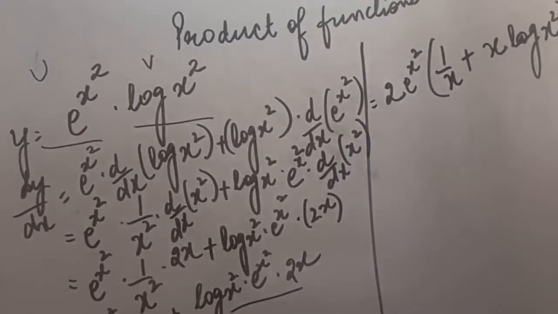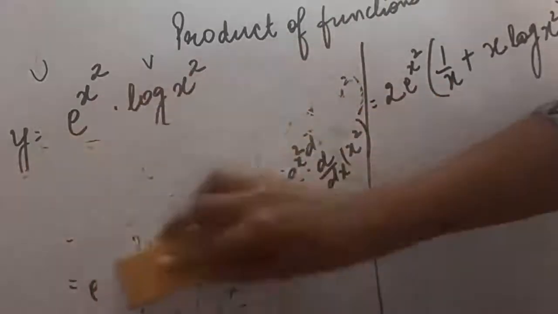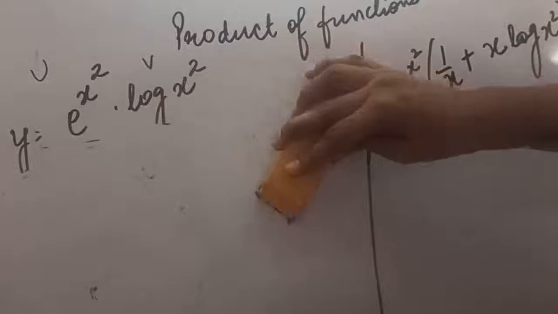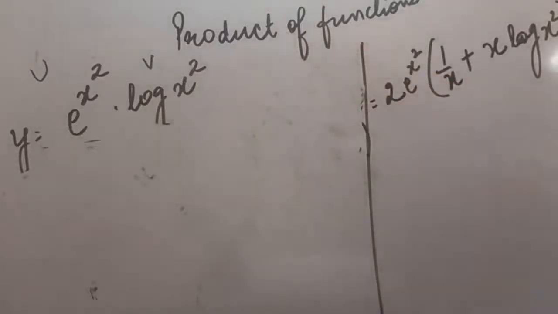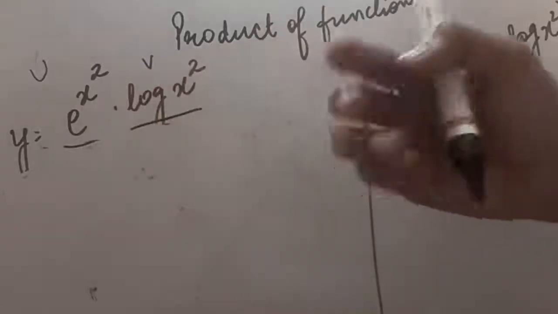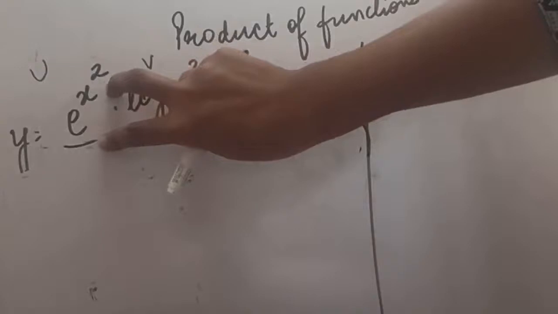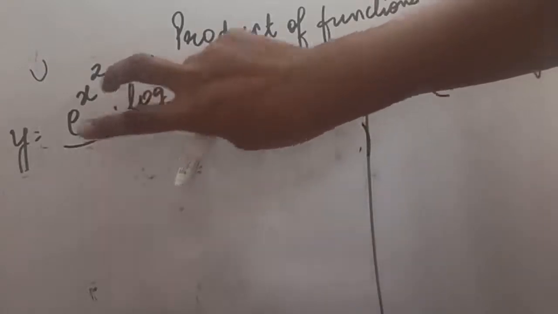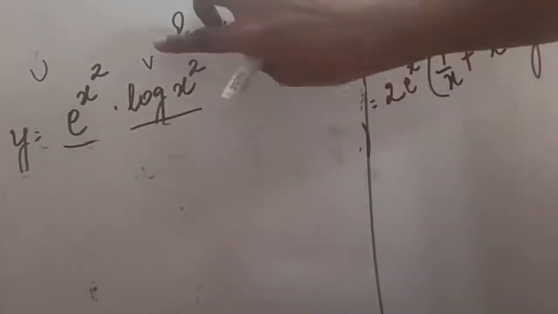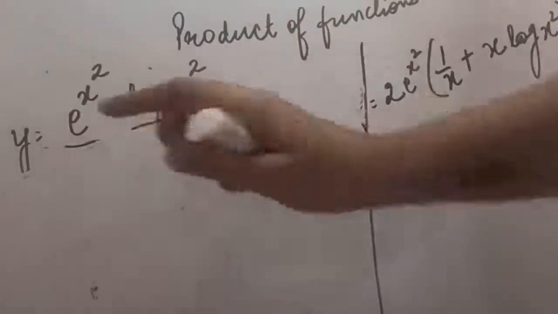Now if I want to solve this question with the help of the chain rule, you can do that also. Otherwise this question is very much fine, but if you want to solve it with the chain rule, you will see that you will get the same answer. For the chain rule, we will have to apply it two times because it is the product of two functions. So first take this part and solve it separately with the chain rule, then take this portion and solve it with the chain rule, then finally multiply to get the answer of y.